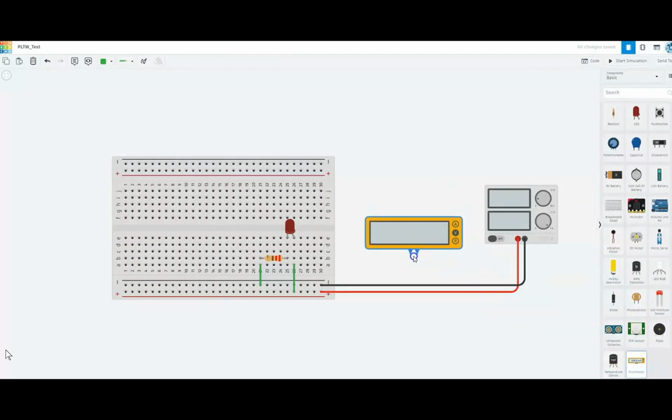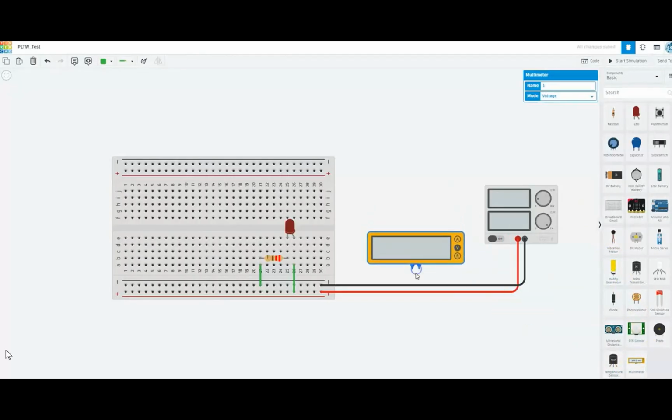So let's start by placing a multimeter on our workspace to measure the current that's going through this circuit. To do this, I need to wire my multimeter in series with this circuit. And first, we want to make sure that we have the mode selected correctly for our multimeter. We want to measure the amperage. So I'm just going to delete this wire and instead go from my power supply through